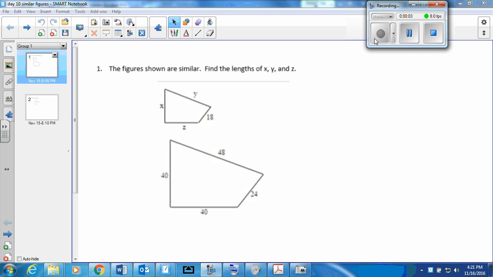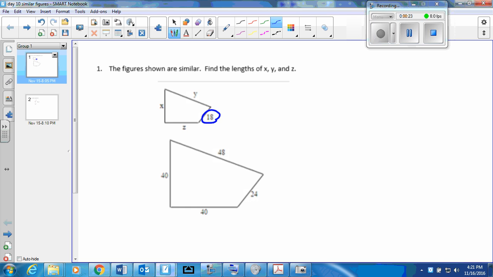This is going to help you solve similar figures. Looking at the example, it says the figures shown are similar. Find the lengths of x, y, and z. Looking at the pictures, I have to find a pair of corresponding sides where I know the lengths of each of the sides. Looking at the two pictures, the corresponding side lengths that match and I can use